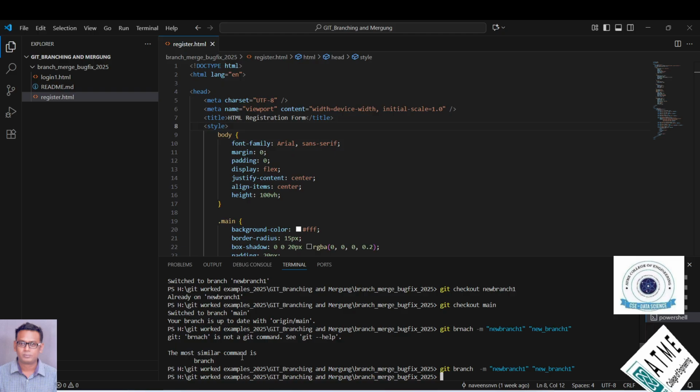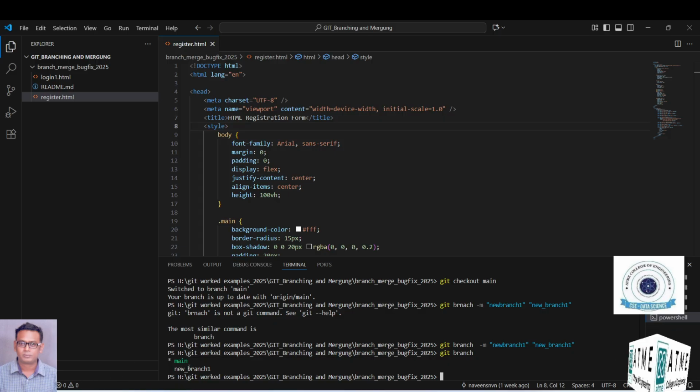Whether the branch has been renamed or not, you can make use of the command git branch. So clearly you can see I inserted an underscore here. The old branch name was new branch one. So the new branch name is new underscore branch one. Currently, this branch has been renamed. So I will get into the branch in order to fix the bug. Git checkout or switch, you can use either one of them. It's checkout new